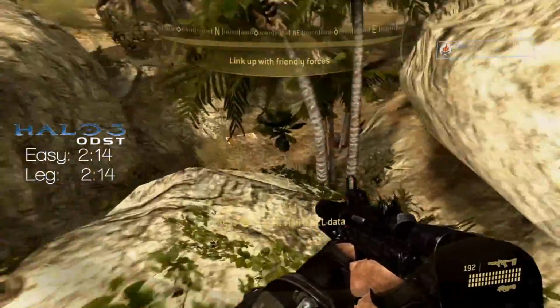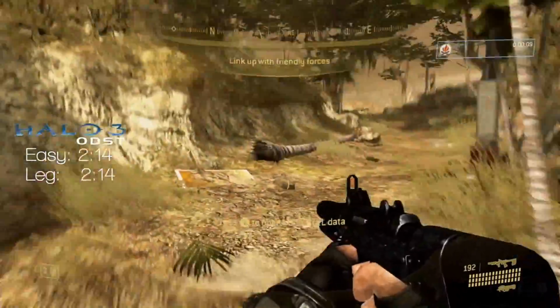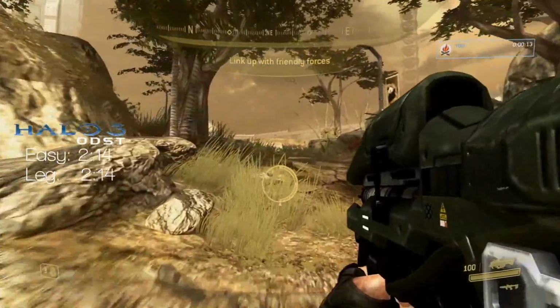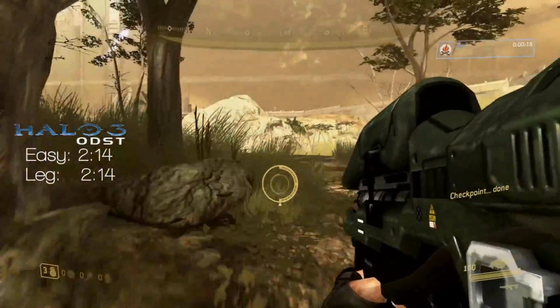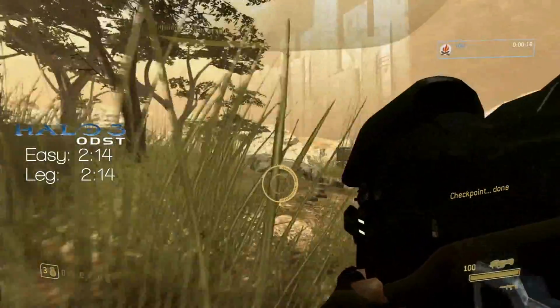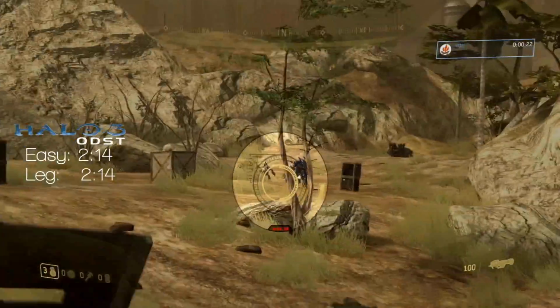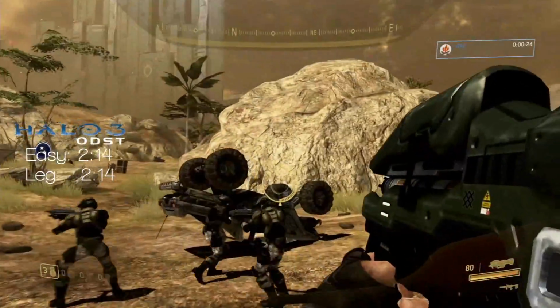So Halo 3 ODST, this is Uplift Reserve, and look at that, easy and legendary, it's the same time. It's 2 minutes and 14 seconds. It's crazy. So yeah, when it comes to Halo 3 ODST, especially Uplift Reserve,